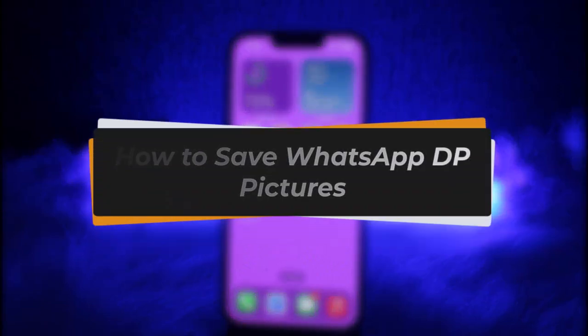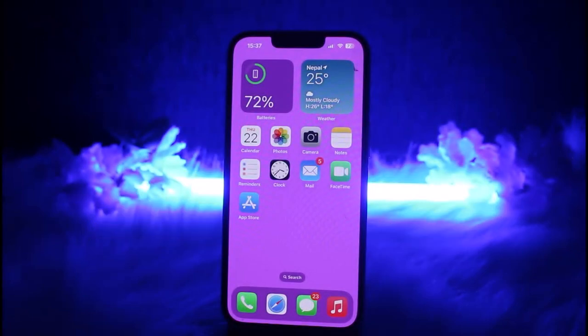In this video I'll show you how you can save WhatsApp DP pictures, but before that